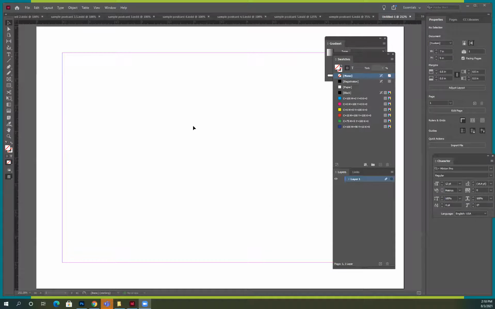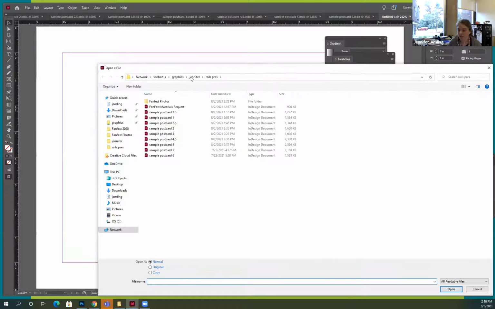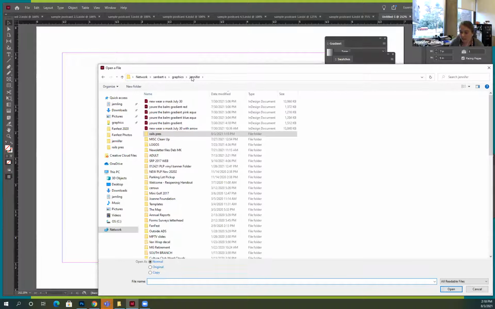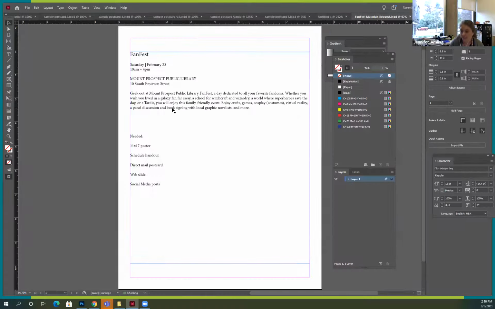Yeah, I got it. Okay, so we're going to start out with a blank template. And let's see, I'm going to actually open, see if it will let me find this. Okay, so what you're seeing on the screen right now is basically what a material request would look like that I would get. So the name of the event is FanFest. It's on this date. It's at this library, Geek Out at Mount Prospect Library, crafts, games, cosplay,